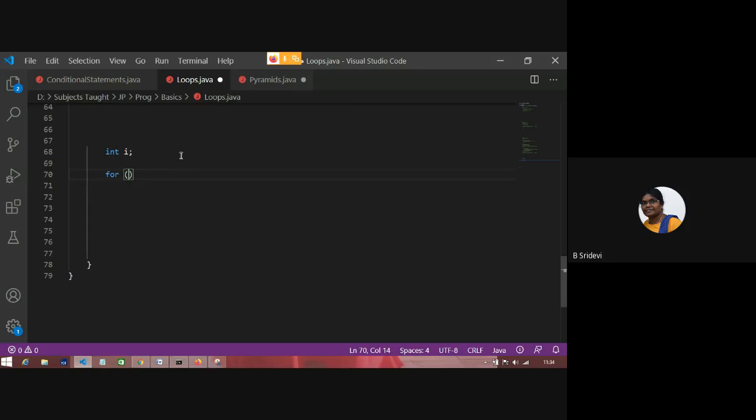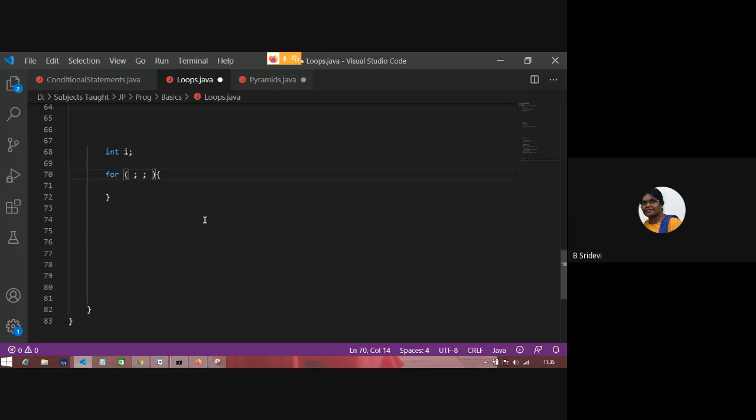Here the keyword used is for. We have to write some initialization followed by some condition, followed by some updation, followed by some body. See, if I write it this way also, this is also a valid for loop, an infinite for loop.